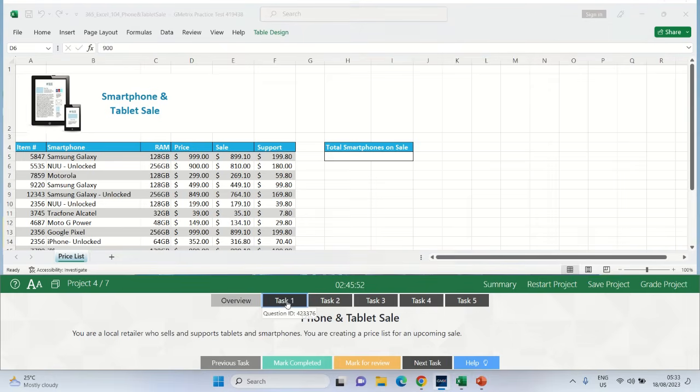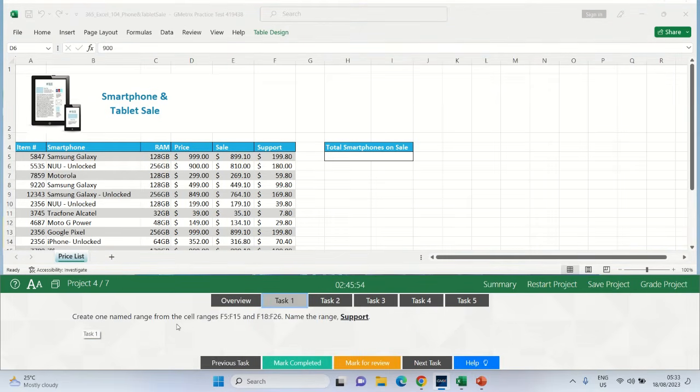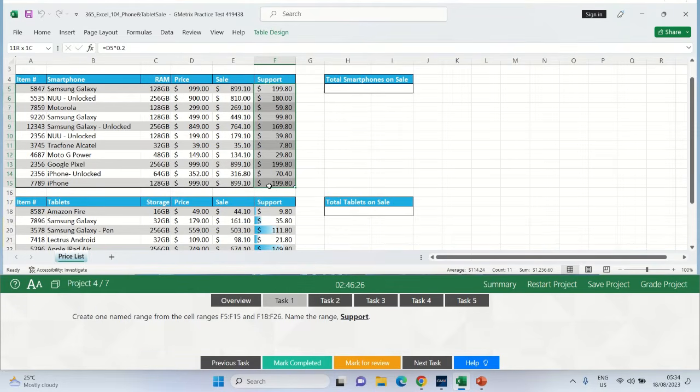Project 4, Task 1. Create one named range from the cell ranges F5 through F15 and F18 through F26. Name the range support. So, to create the named range, here in the worksheet you select F5 through F15. Okay, and you hold down the control key,